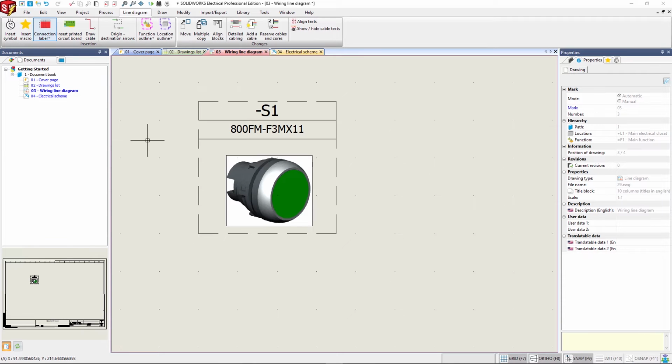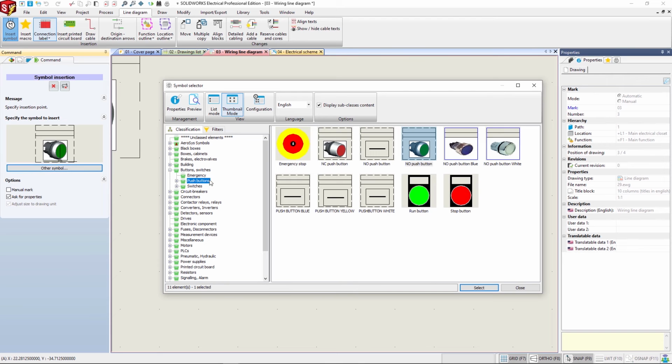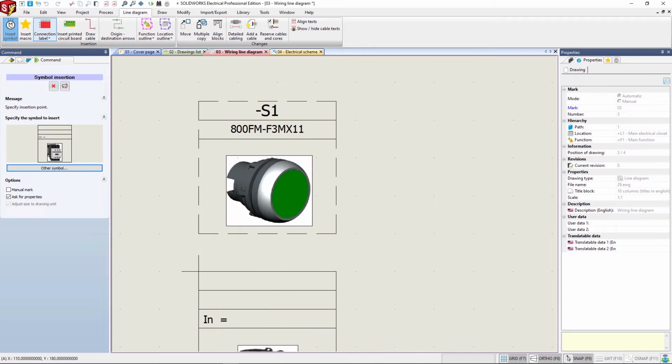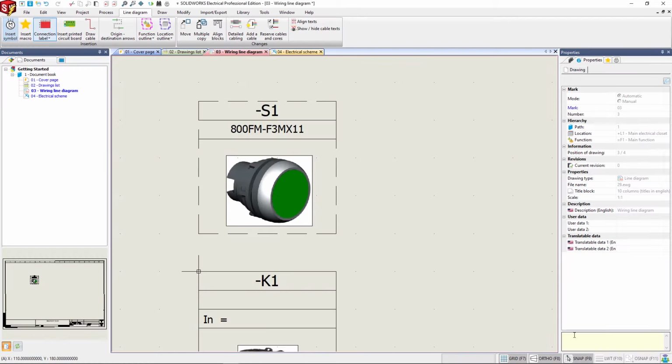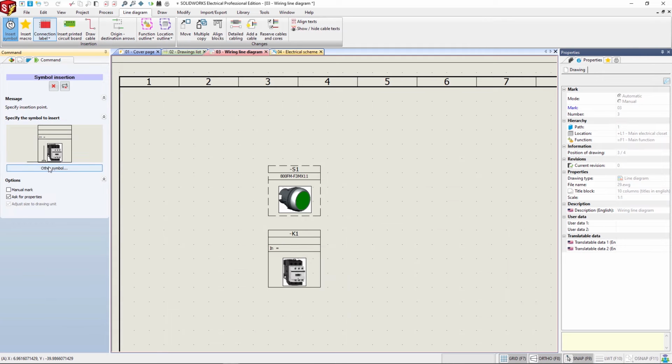The symbol attributes are populated with the information just inserted. We carry on inserting other symbols. Next one will be the contactor relay. We search for the contactor relay and we place it on the drawing. We click OK to Properties, and for the moment we don't search the manufacture part.